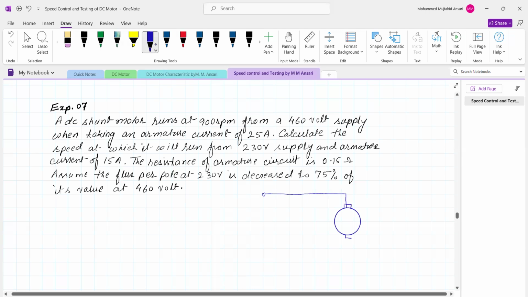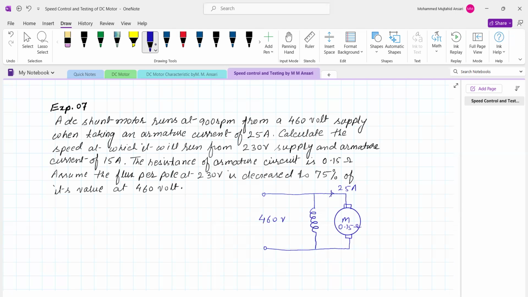So this is the DC shunt motor, whose armature resistance is 0.15 ohm and it is excited with a voltage of 460 volt. During that time, the current in the armature circuit is 25 ampere. And in the second case, the motor is excited by 230 volt. So we'll write here in such a way that